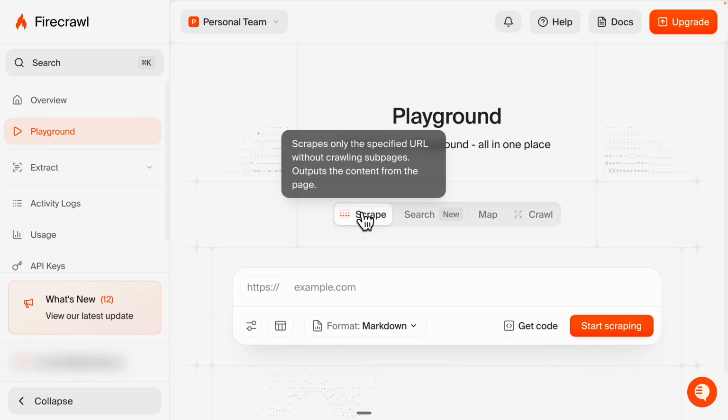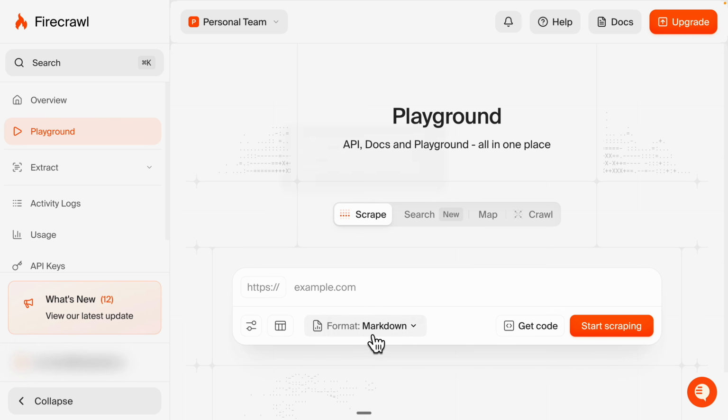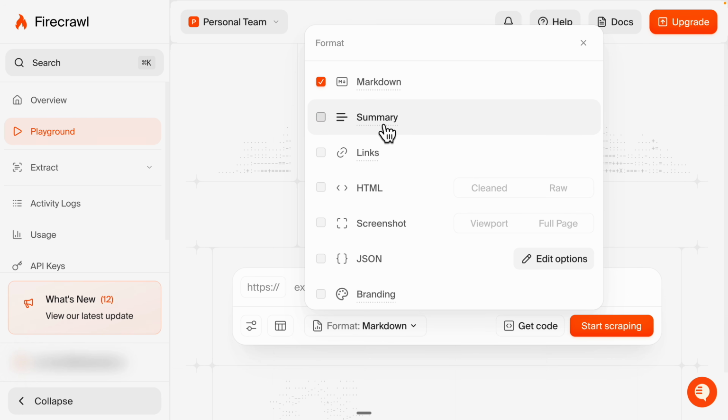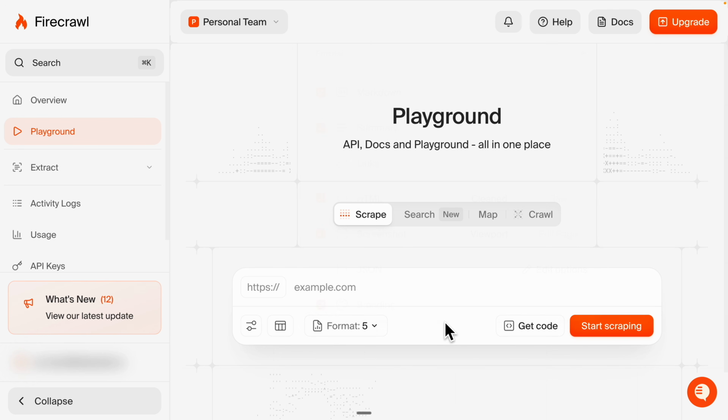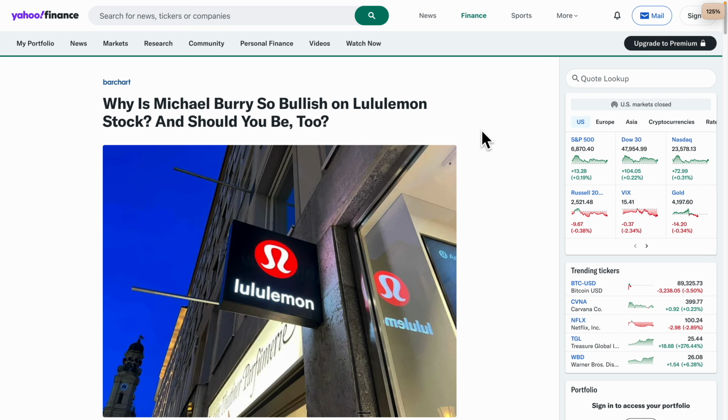So for example, if I provide a URL, it's going to scrape the content of that page, and it can scrape in a markdown format, summary, HTML format, or screenshots. We can also extract the style or colors of the brand on that website and extract that information using Firecrawl. For example, taking this article from Yahoo Finance as an example,